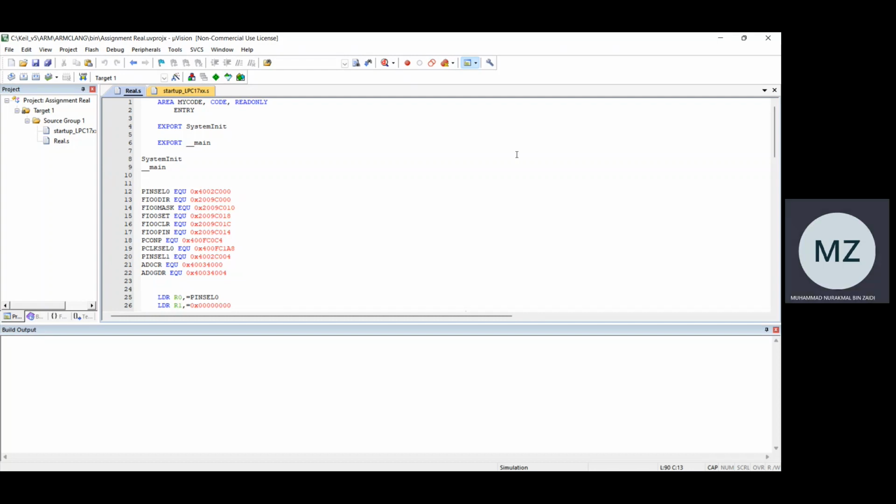Programming simulation using Keil uVision 5 in assembly language. Okay. In the first paragraph, we define all of the commands that will be used in this programming code,